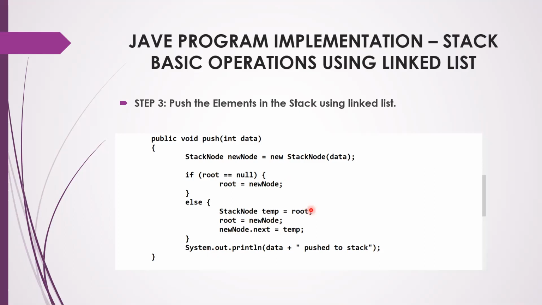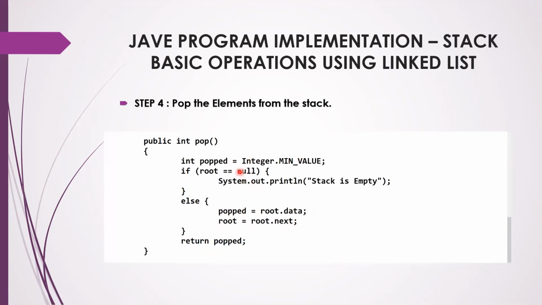As of now, understand that root is stored in a temporary variable, and the root pointer has to point to the new node, because it should be the top node. And now the new node's next will be pointing to temp, which is actually the previous root node, right? So the new node has to be the root node always in the stack operation, because the top is always seen and the top is always first. That's why this step has come: new node is equal to root. Always in stack operation, whatever element you insert most recently will be the root node. And then you can print the element.